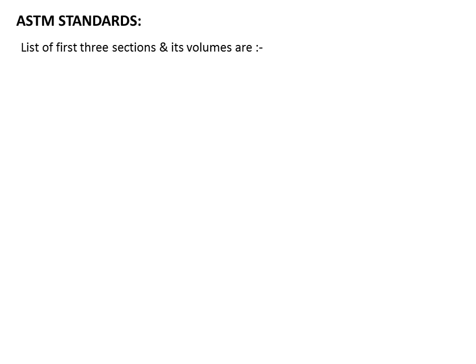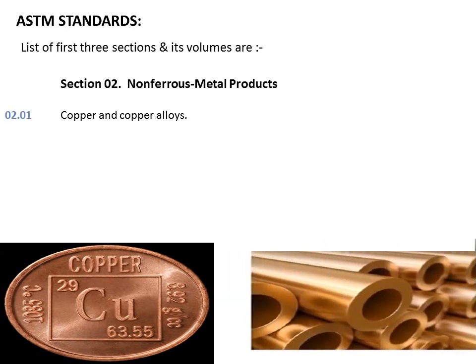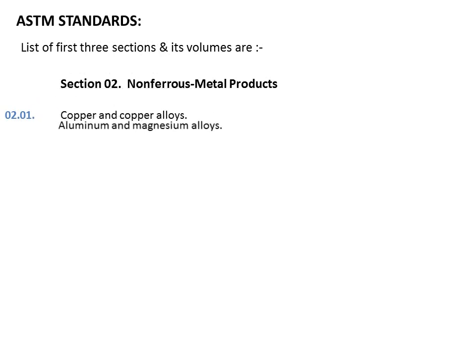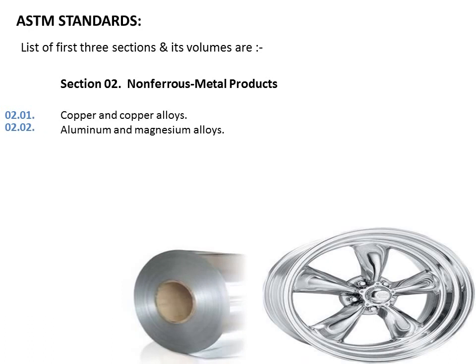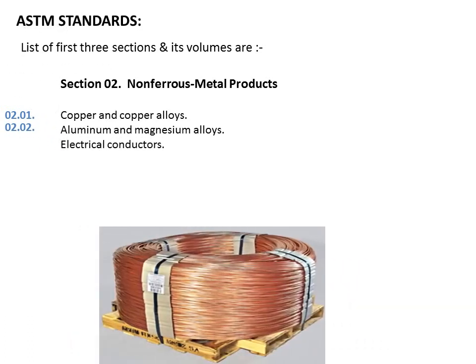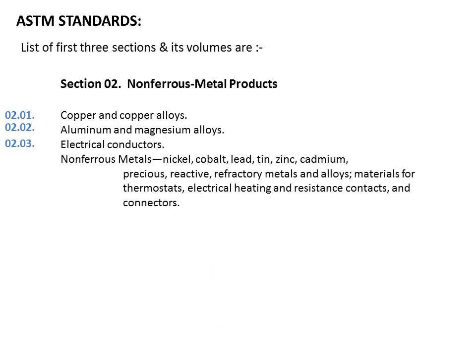Now, going to the second section, section 2 covers non-ferrous metal products, and for copper and copper alloys, we have volume 2.01. For aluminium and magnesium alloys, we have volume 2.02. For electrical conductors, we have volume 2.03. For non-ferrous metals,